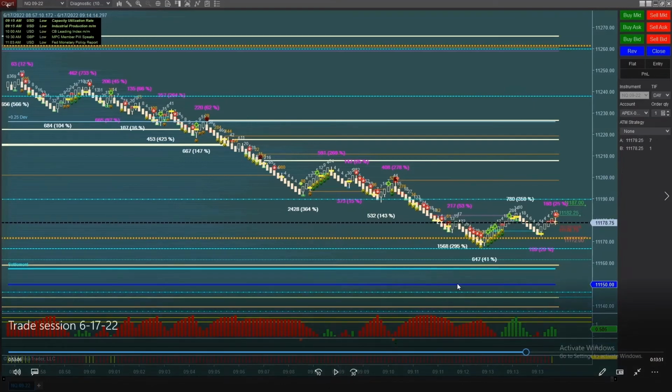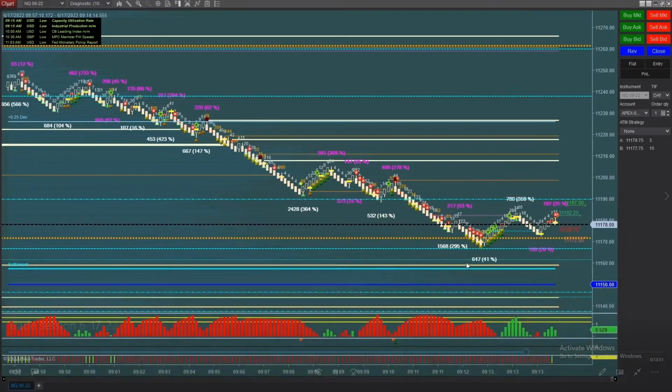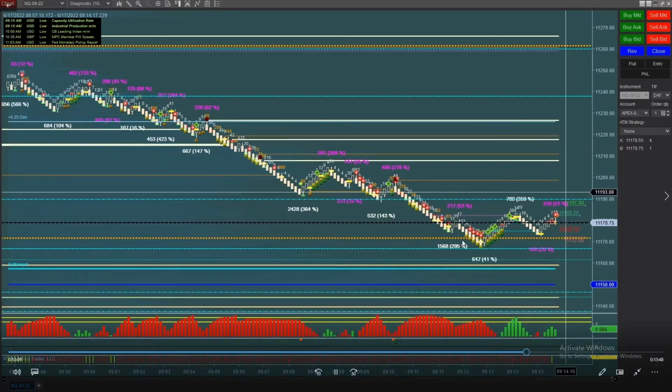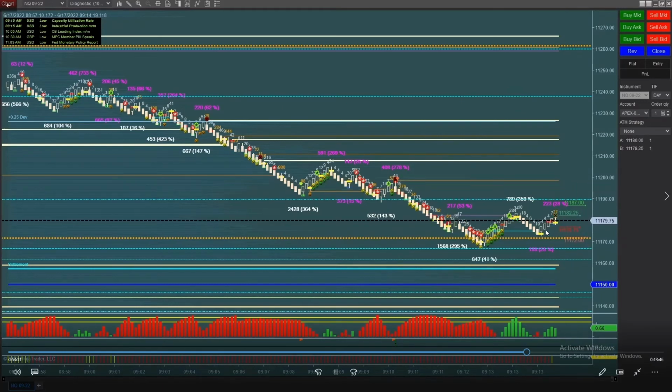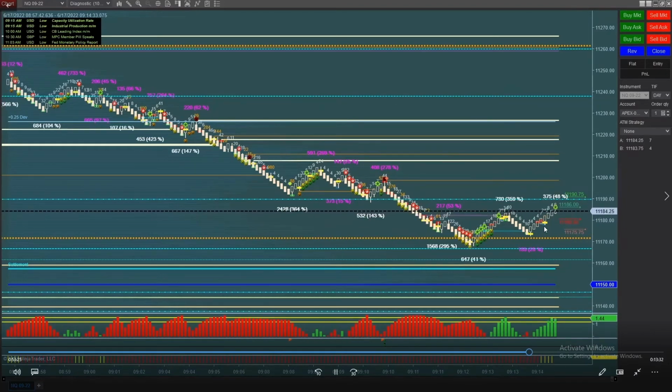So since it didn't give me an LRE on this pullback, and it came back to the dynamic magnet here, and it's pulling back up here, what are we seeing? This is kind of a support here, right? So since it didn't give one here, I really don't want this pullback to go above this, right? I would like an LRE right in this area to come back down. That way it kind of creates a little bit of a range. It is technically ODD right now, 55%.